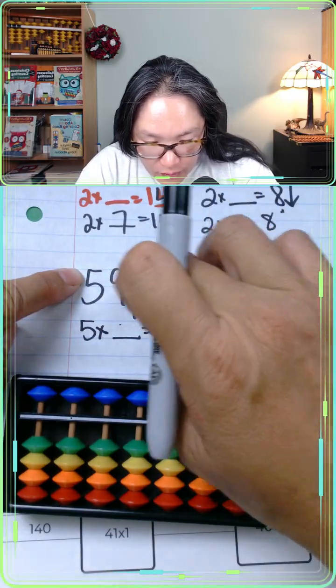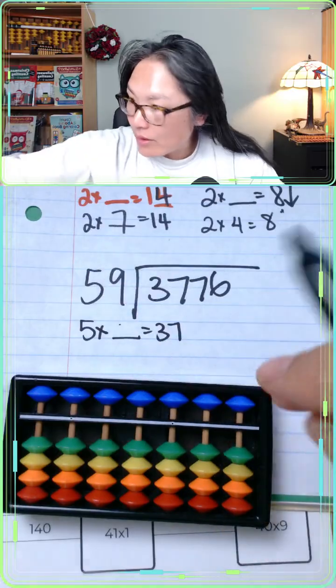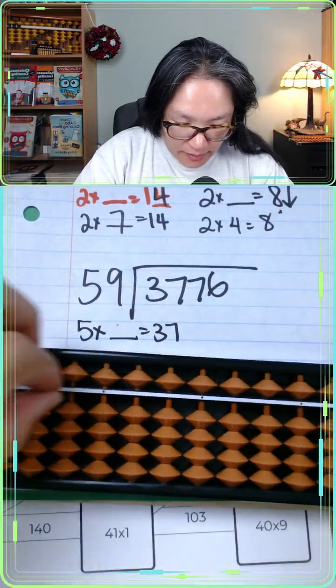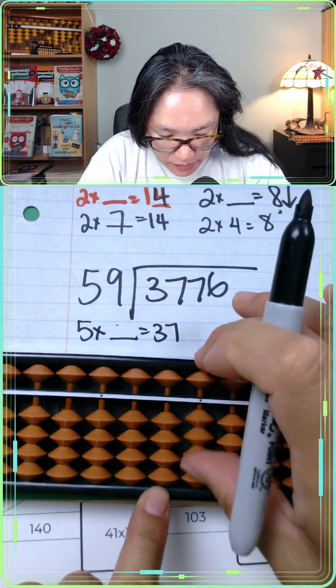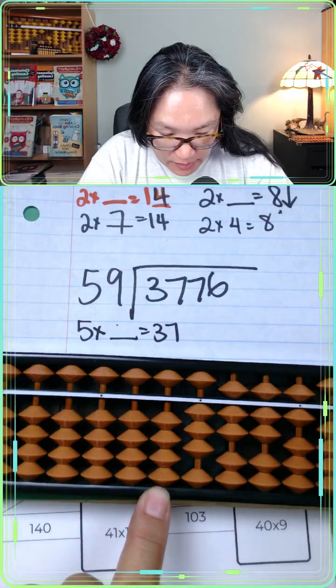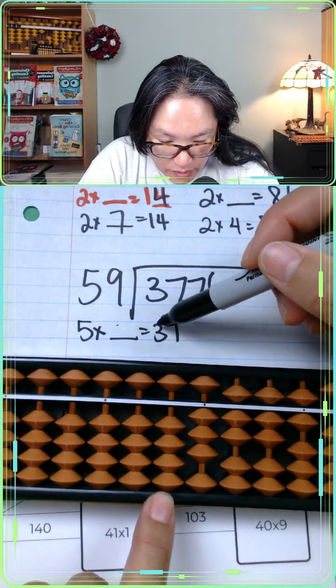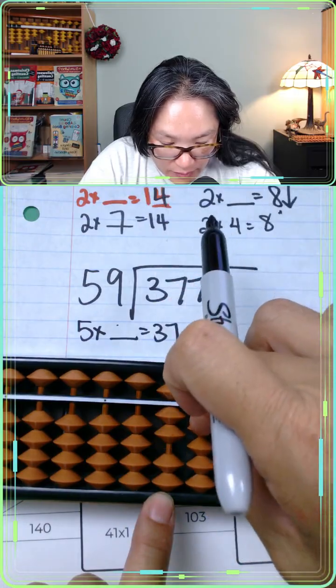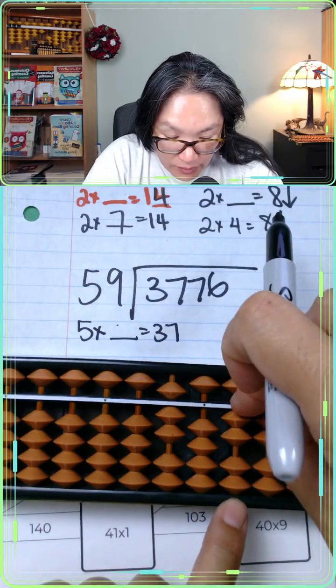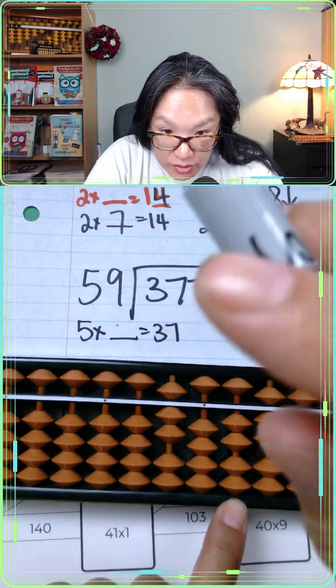I should use the other abacus. So we do 3, 7, 7, 6. So we do 7, right? 7. Take away 30. Take away 5. That's too much. So when you say too much,